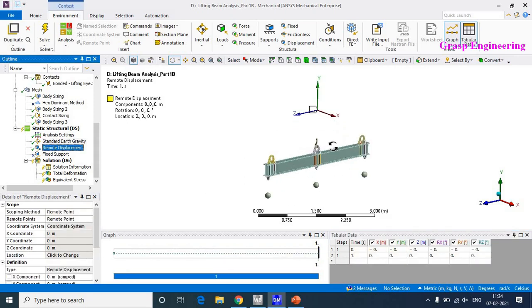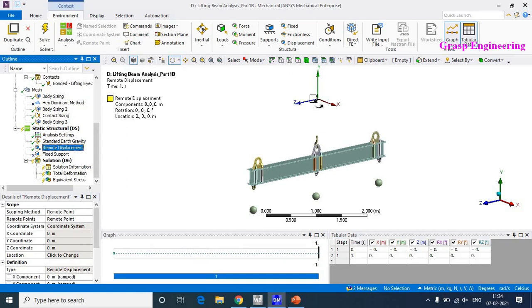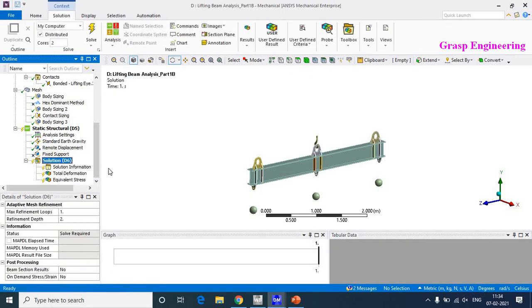The next is the remote displacement. We are fixing this point in all degrees of freedom, blocking the translation as well as the rotation. Now let's solve this simulation and see the differences in the results.